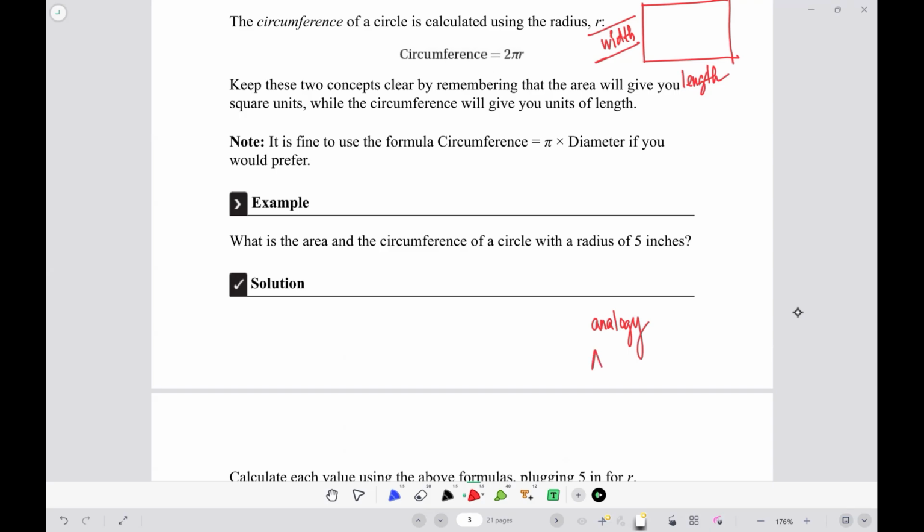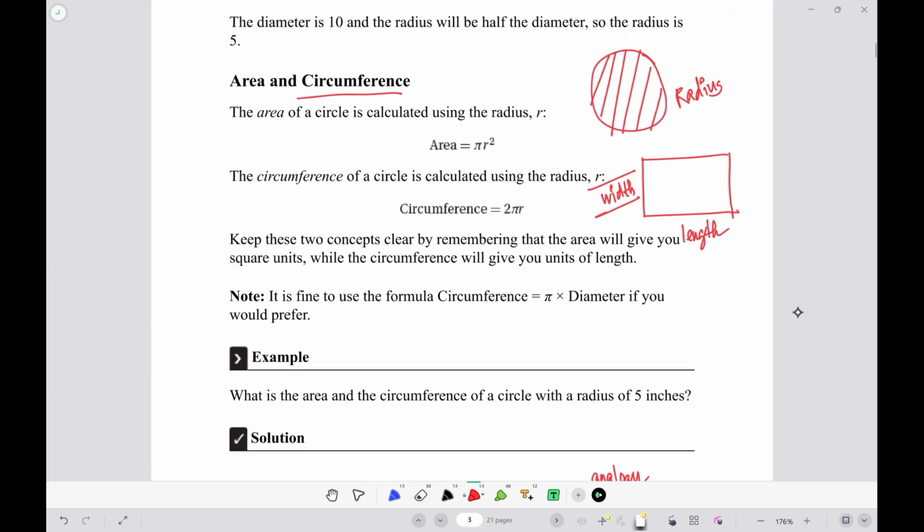For example, we have a situation A and a situation B. For situation A, we have a parameter called small a, and for situation B, capital B, we have a parameter called small b. If situations A and B are related to each other, then we can also say that the quantity small a and the quantity small b are related and analogous to each other. So that's why from that